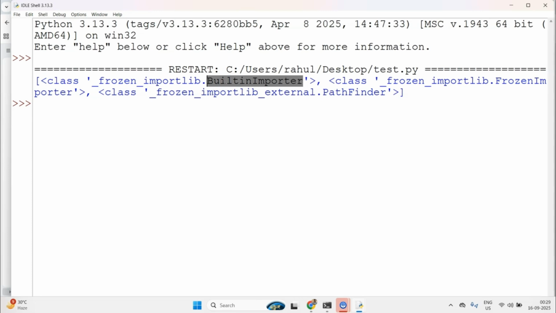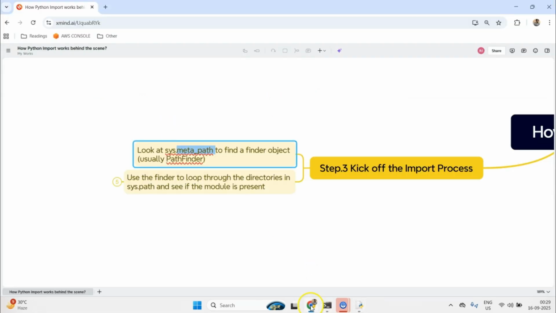Built-in importer will be kicked off when you are trying to import a built-in package, and frozen importer will kick off for the many packages which come in a binary form built into the Python interpreter. But 99% of the time, pathfinder will kick off. Okay, so let me come back to the map.